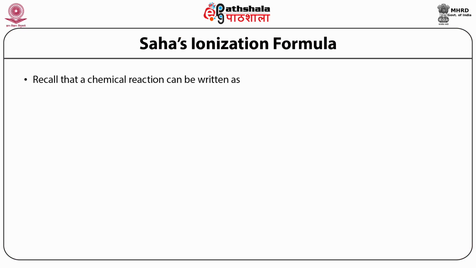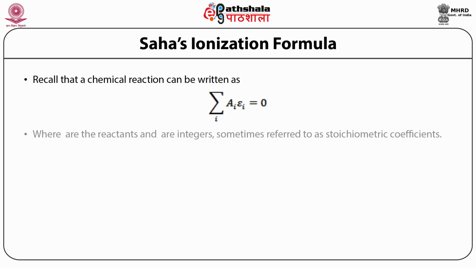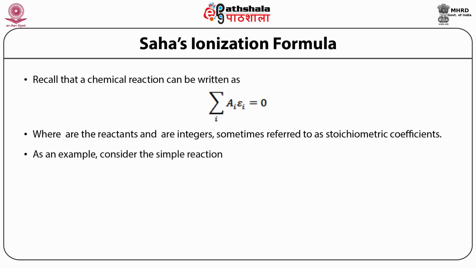Let's recall that a chemical reaction can be written as summation over i of A_i epsilon_i equal to 0, where epsilon_i are the reactants and A_i are the integers, sometimes referred to as stoichiometric coefficients. As an example, consider the simple reaction 2H2 + O2